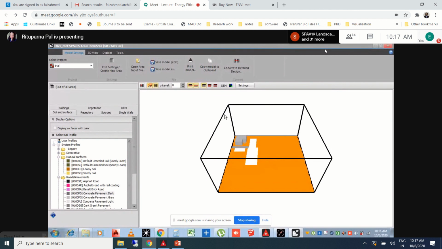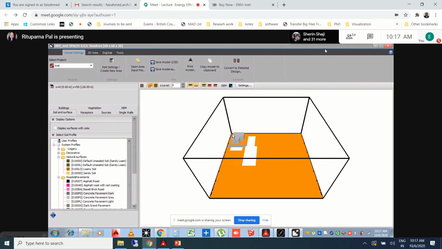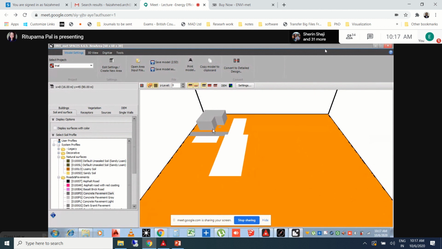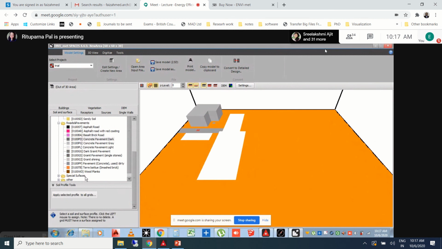Okay, so the black rectangle is basically the 3D box or the environment where you are modeling. I'll get back to it, but I want to say something about this 3D view also. See, my concrete pavement is selected, so it shows this cursor if I want to add something.